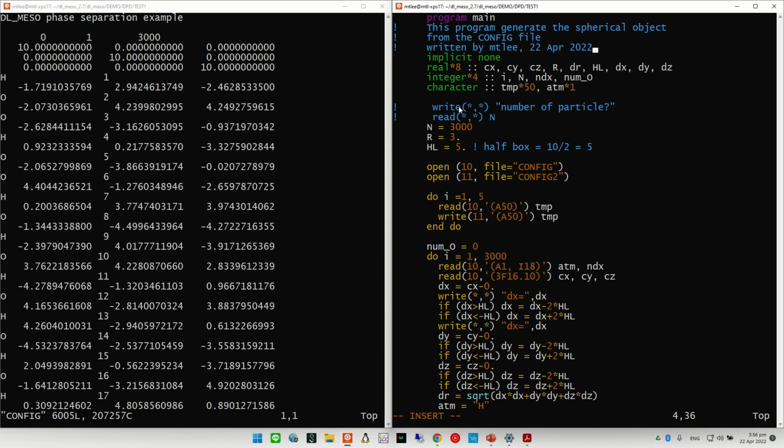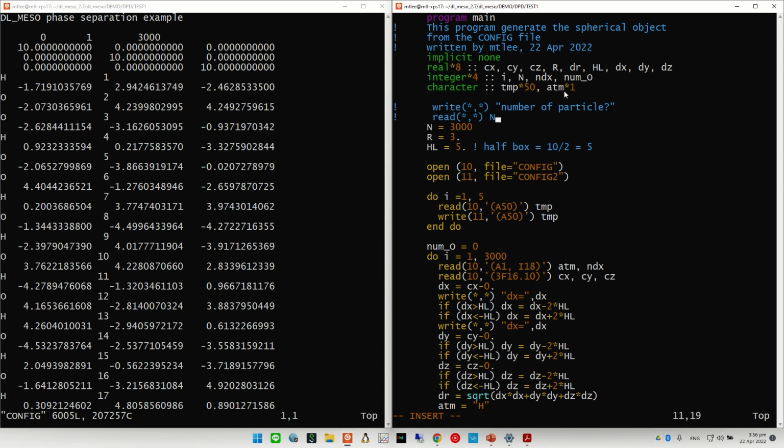Then implicit none, and real, integer and character, where the number means the length of the character. I have two characters: one is called TMP for temporary, and one is called ATN, I guess. That doesn't matter.